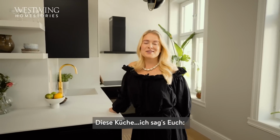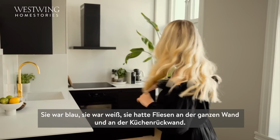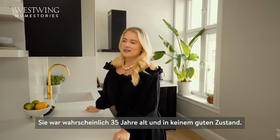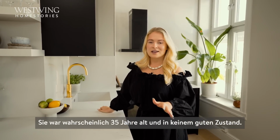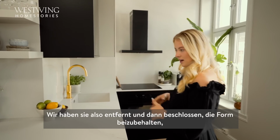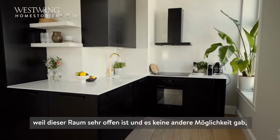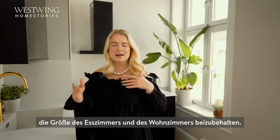This kitchen, let me tell you, it was blue, it was white, it had tile all over this wall and on the backsplash. It was probably like 35 years old and it just wasn't in a good condition at all. So we took it off and then we actually decided to keep the shape because this room is very open and there wasn't really any other way we could do it and keep the size of the dining room